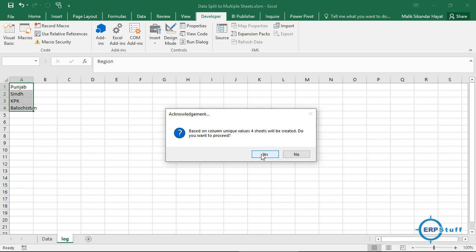I am just giving you an example. Let's say it is showing that your unique values are 20,000, maybe you selected the ID column, so each value is a unique value, and there is no grouping or categorization. So ideally you will select no, because you will not create 20,000 sheets, right? Okay, yes.